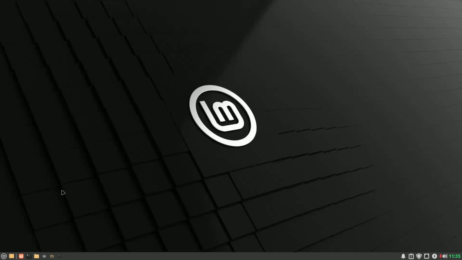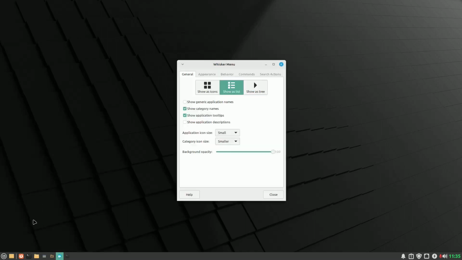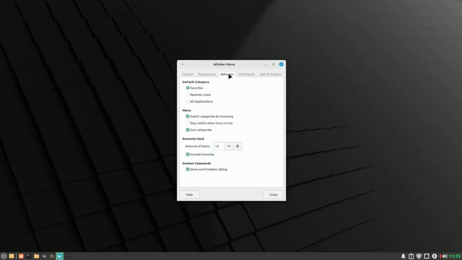So I'm going to go through the applications menu, and you know what, I'm going to change this up a bit. I'm going to hit properties. I'm going to make it larger for you guys. And I'm going to go show as icons. For the behavior, I'm going to hit all applications,